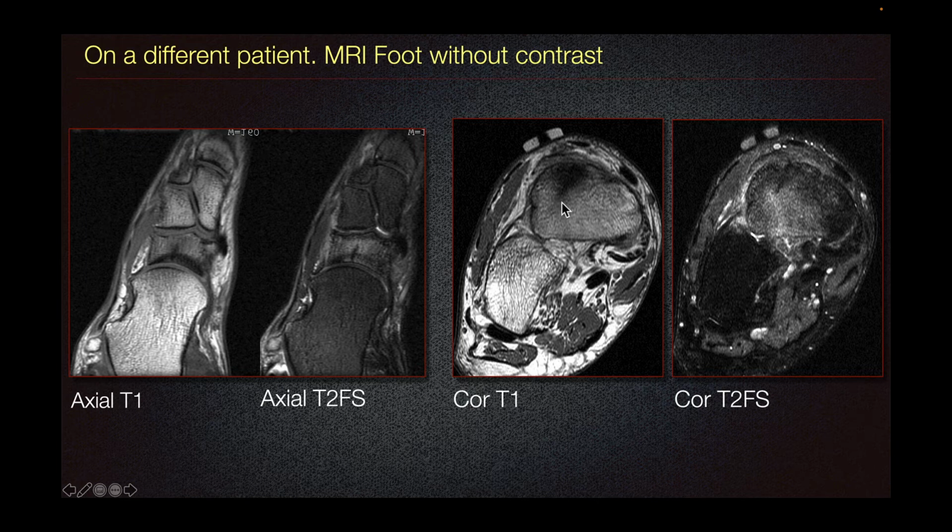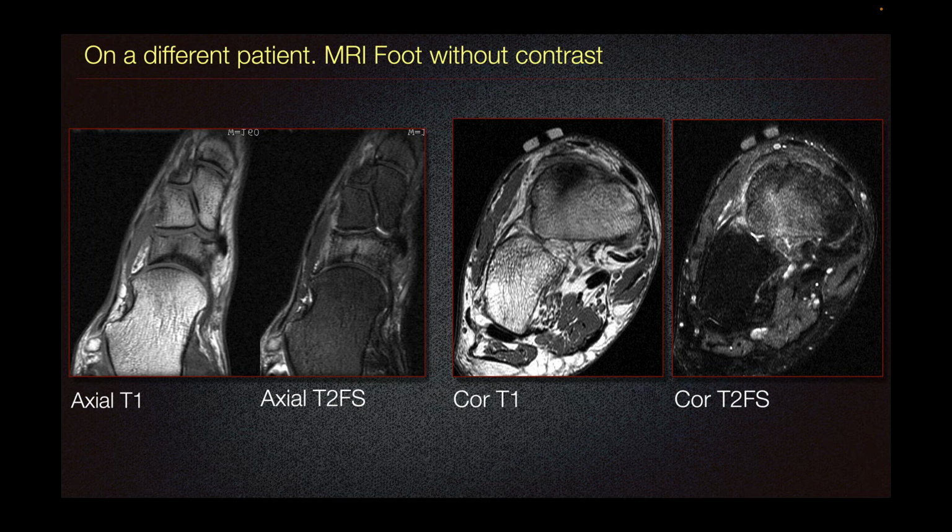The coronal imaging shows us the most common location of the stress fracture, which is at the dorsal aspect of the navicular, as seen here. In our T2 fat sat imaging, we can see the bone marrow edema associated with this fracture. There is no recommended time frame for following up stress fracture on MRI, as bone marrow edema signal resolution varies